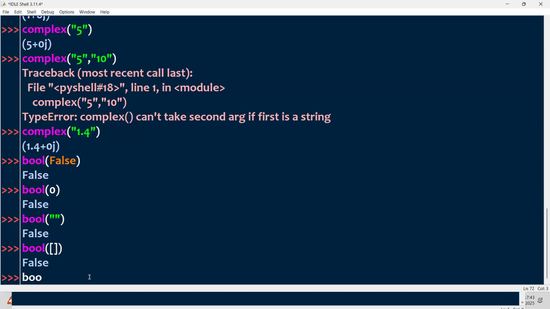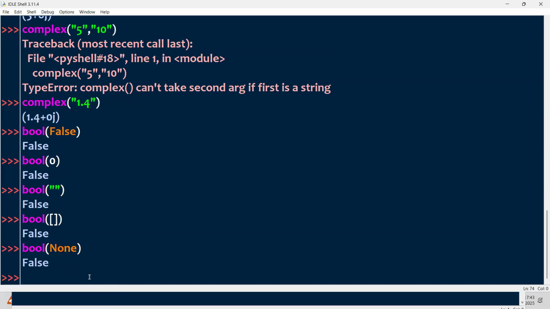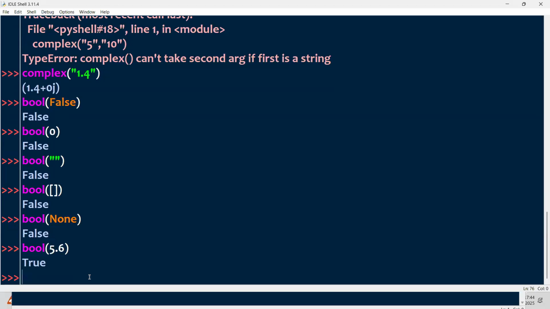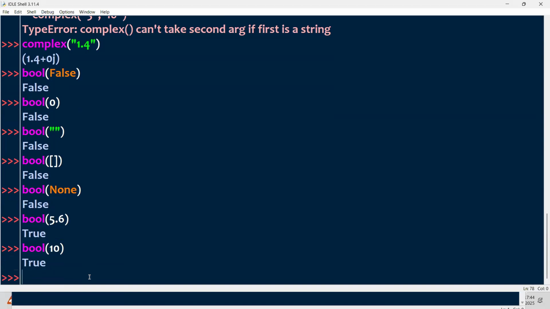Okay, and let's try one more, none type. None, one data type is there, na? Yeah, none. So these type of false values, if we pass to the boolean, that will return what here? False. Other than this, if you pass any other valid numbers or valid values, will return what here? True. Means you have to provide the truthy values. Truthy values means some valid values like 5.6, okay, log 10, like this. You can pass any valid value. So they are the truthy values. So it returns what here? True. Okay, right.